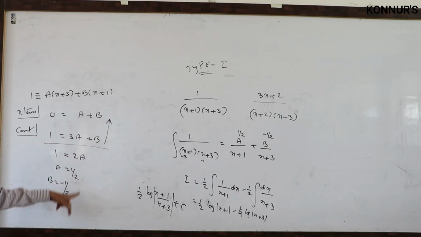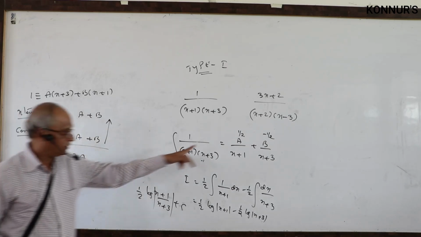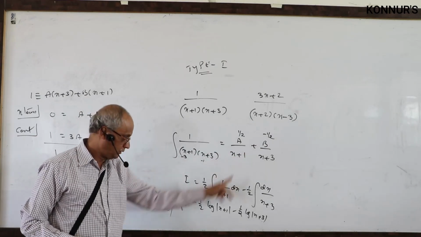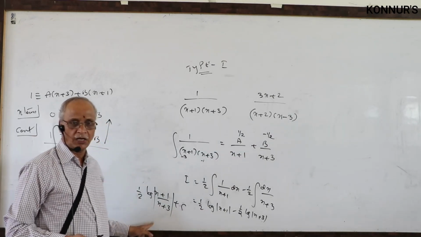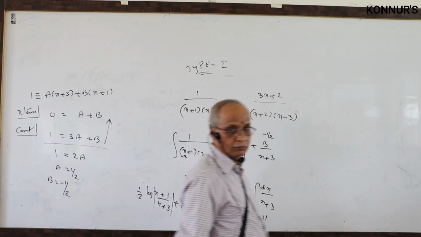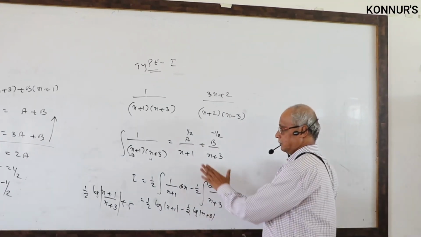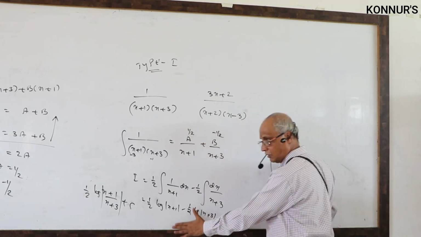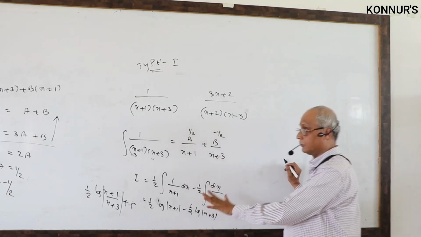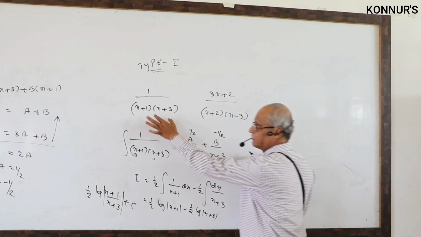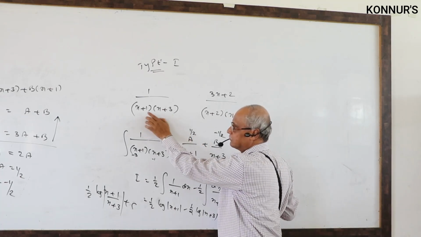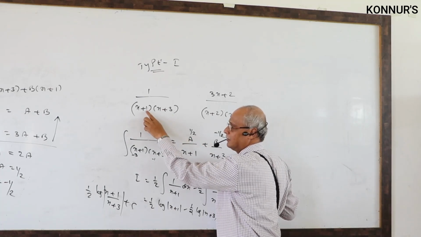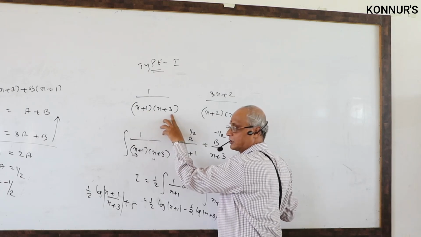I am not doing this method. You are getting the a value, b value, you are integrating, you are getting the answer. Now we will not do that. The a value, b value also I will not find. Integration also I will not do. Okay? You see. They give two linear factors. In this, which is small, which is big, you understand? x plus 1 is smaller than x plus 3. Yeah?